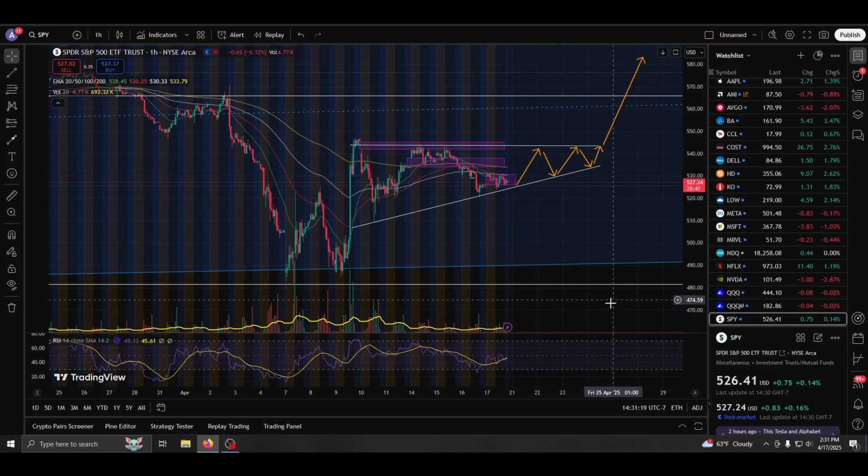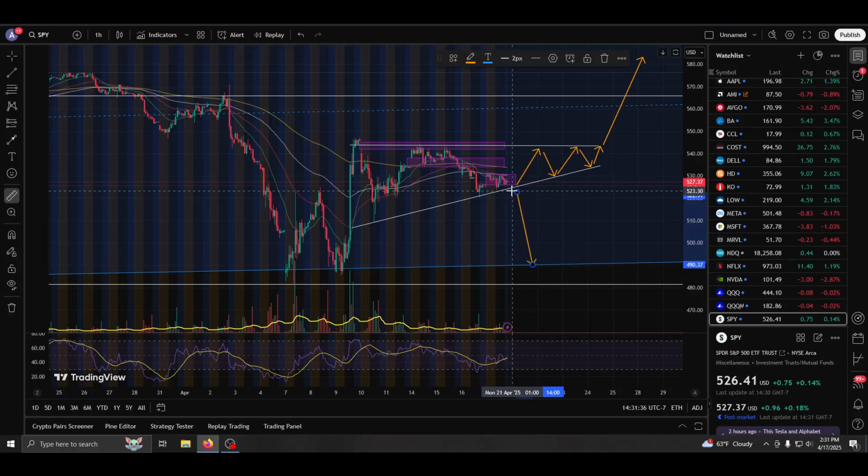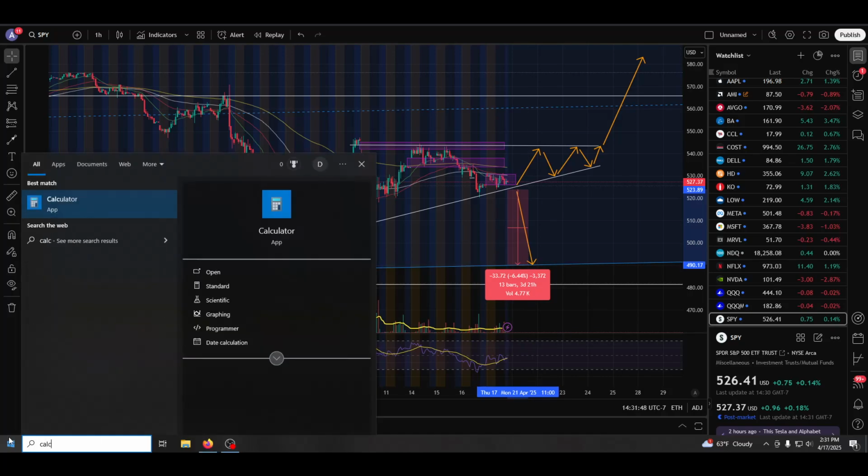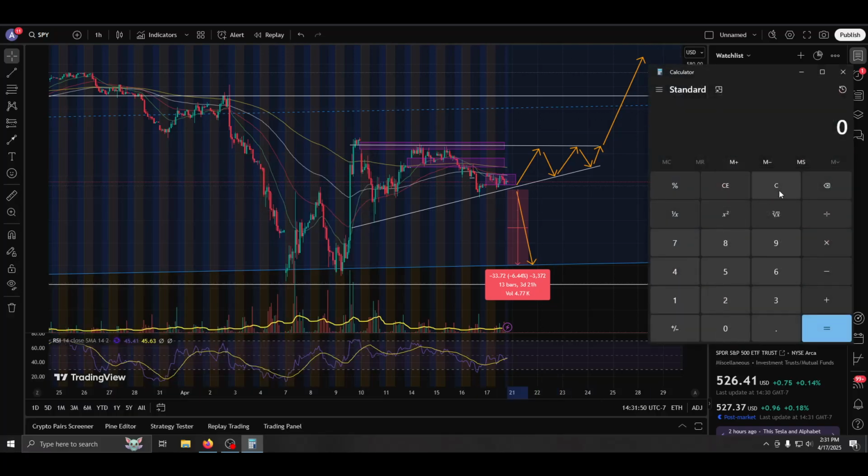So it wouldn't be uncommon to see this thing continue to either consolidate or just start a breakout, unless we have some news, you know, CPI, tariff data, whatever the case may be, something to then send this lower. And if something were to send it lower, we can obviously buy put contracts to play this downside, and that would be a pretty great payout at 33.72 basis points or 6.44%. Okay, that's a 6% move